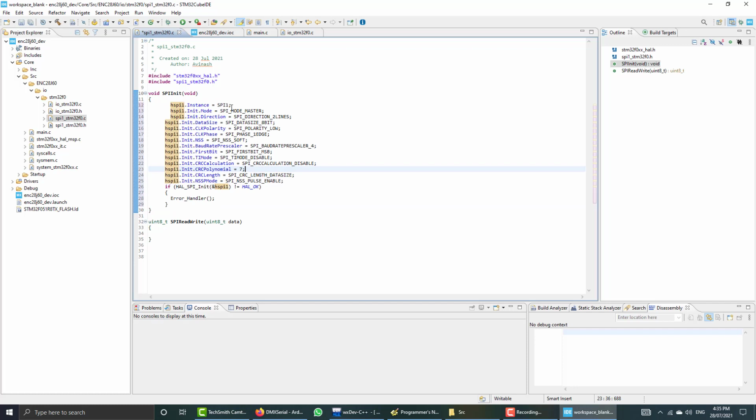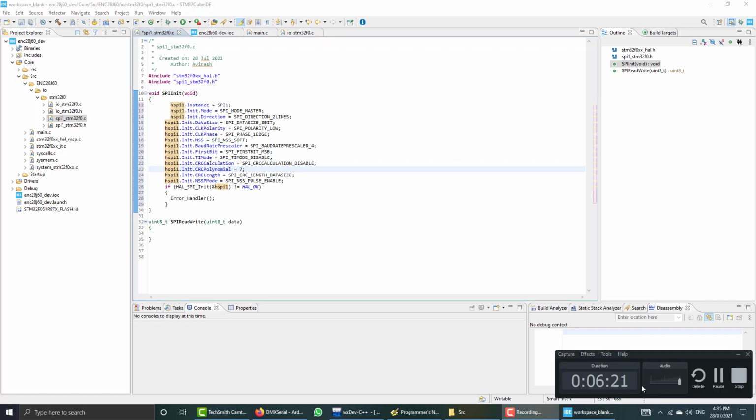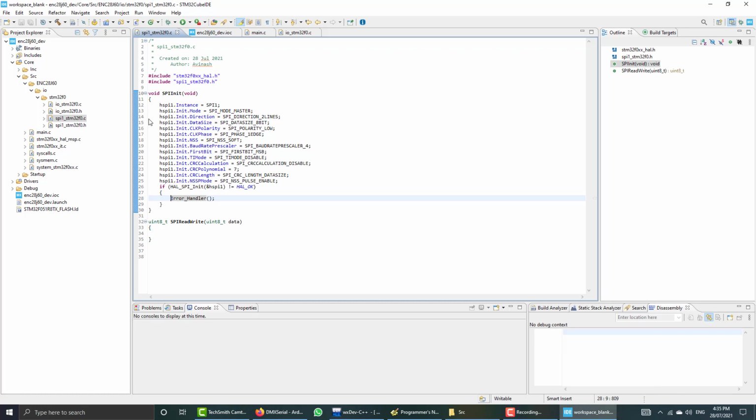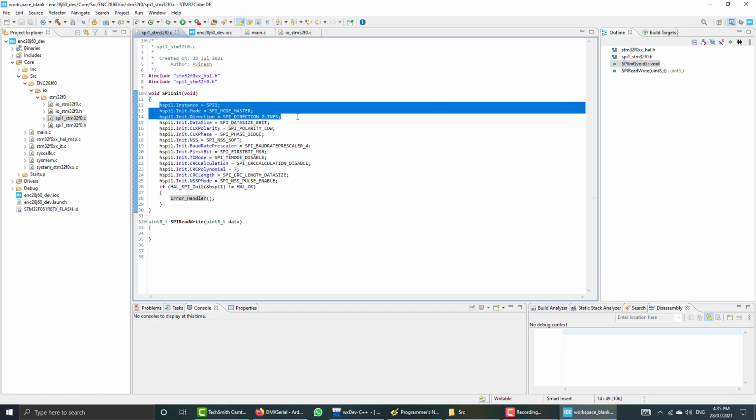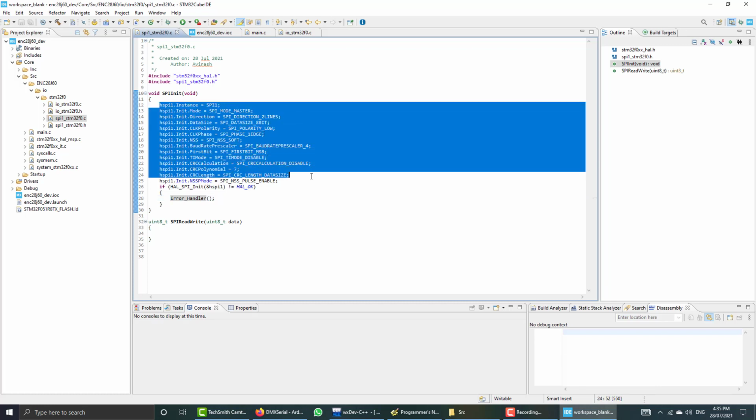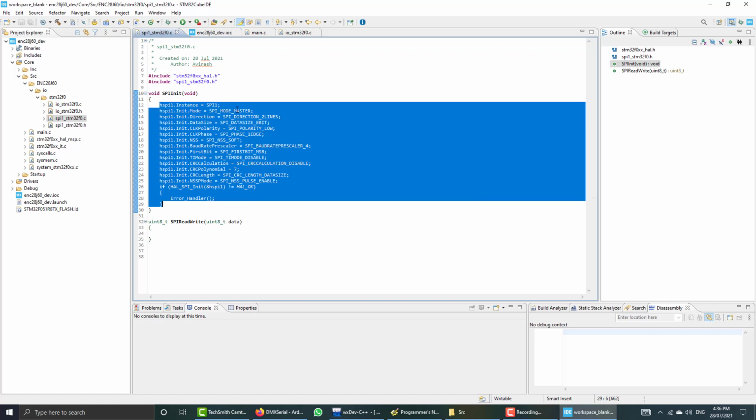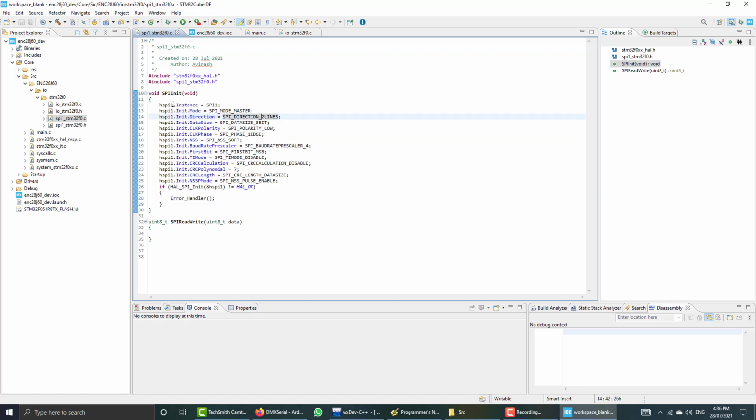So I have copied the code here. This code actually initializes our SPI port according to our needs, so you can also have a look at the parameters.